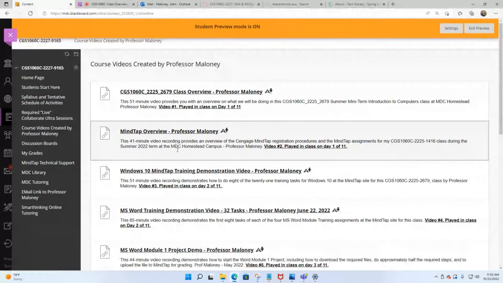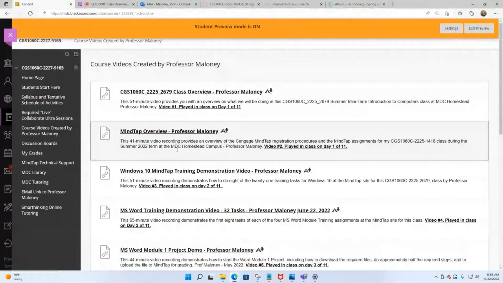So MDC Online is, let's just call it the first modality, right? That's just, you're online, you go to whatever site, it's either Blackboard or Canvas, you go to your class, there'll be a syllabus, there might be a tentative schedule of activities, and there'll be assignments, and you just kind of do everything as you're told to do them, but you won't see the professor, and you don't have any required synchronous. Synchronous means required, like live things that you have to do.